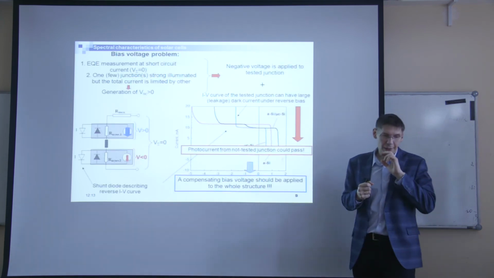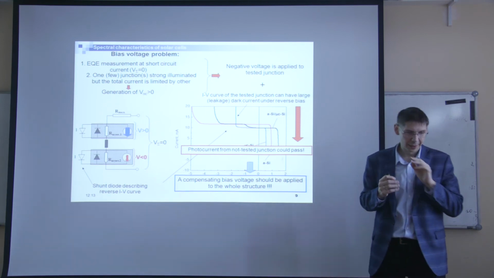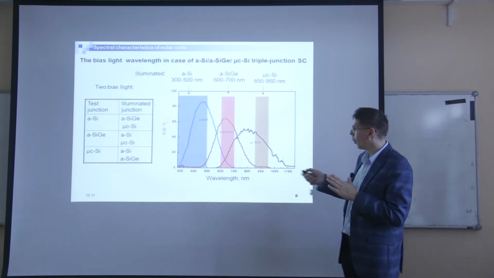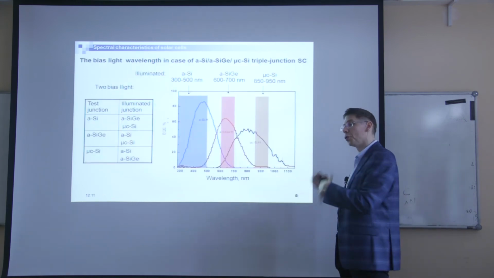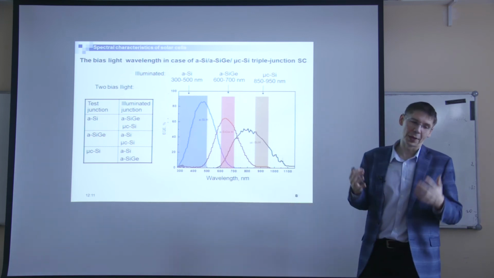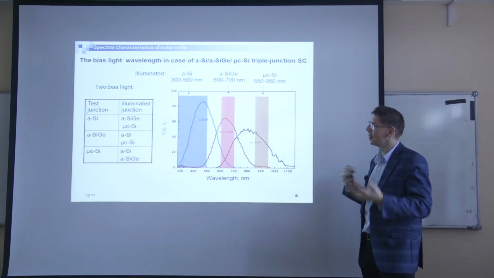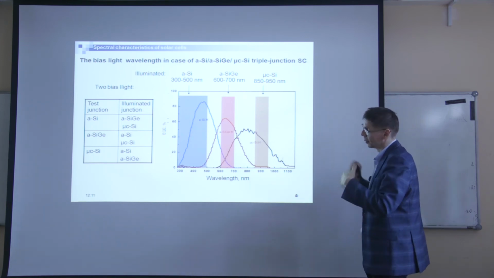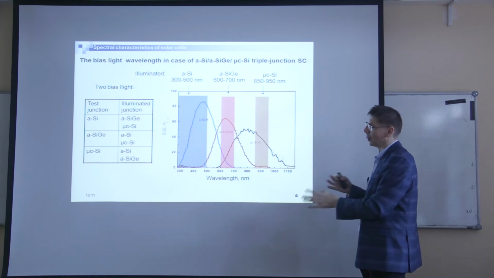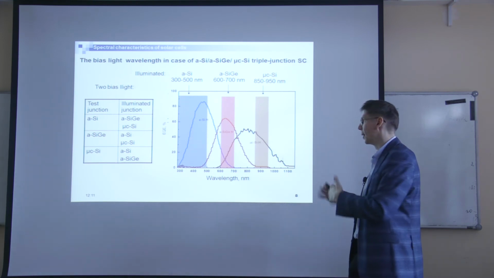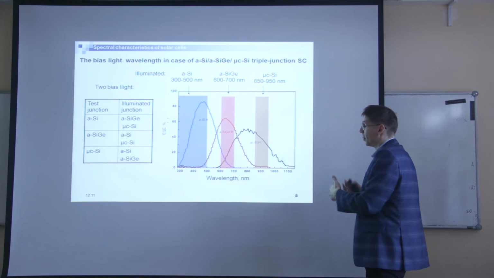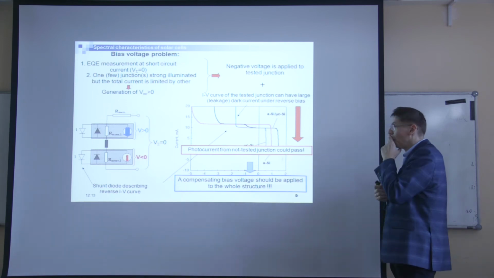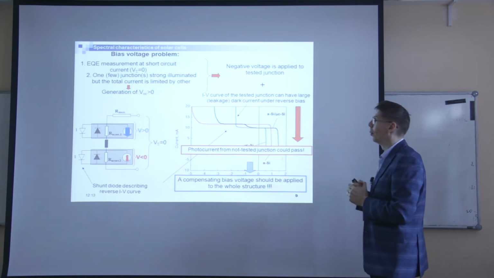But actually the problem of choosing the bias light is not the main problem, because as I told you, normally you have some ideas about the material and its sensitivity, and you can do some iteration. You can try to measure to get an approximate spectrum, and then for a precise measurement you can do it again. But there is another problem which could be a little bit stronger,